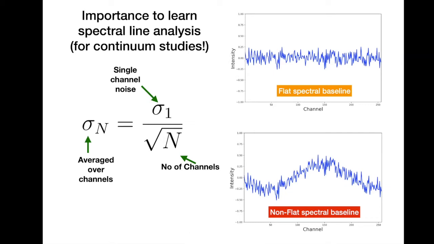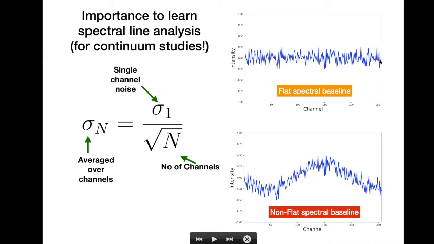But if I don't calibrate for the bandpass, what is a bandpass? It's some extra frequency response which is not there in your signal, but imposed on the signal by your telescope, right? By your instrument. This will look like this. And as we have seen in the first lecture, if I look at this signal and average over this entire range,